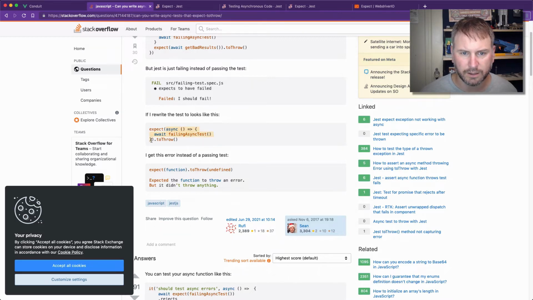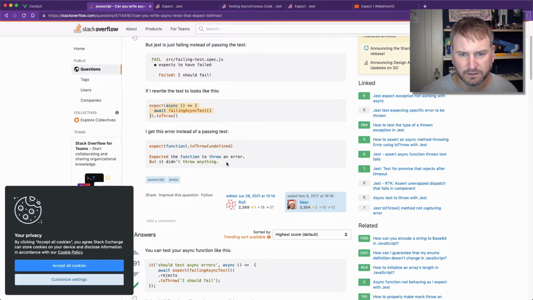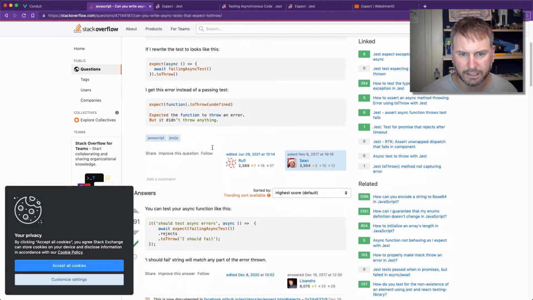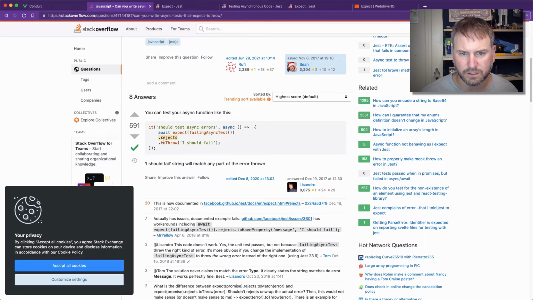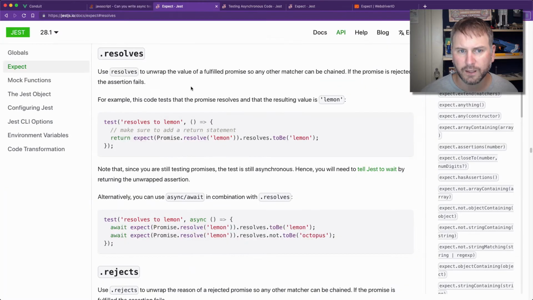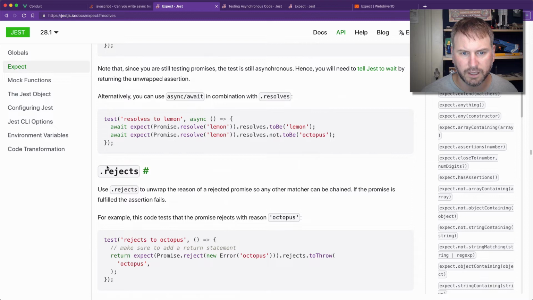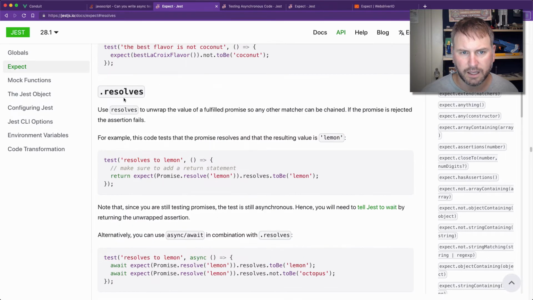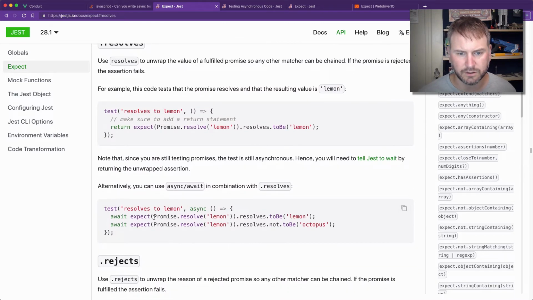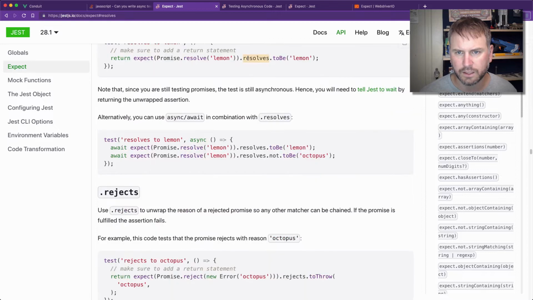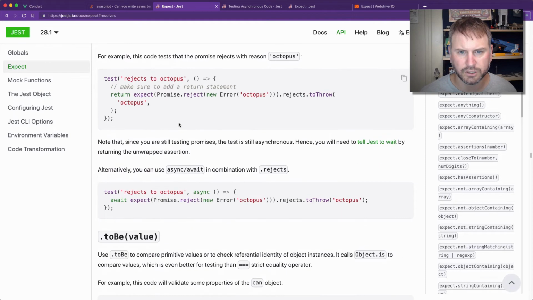So here's kind of what they were thinking, kind of in the lines of what I was thinking, but it still isn't working correctly. The key here is to use this rejects keyword. There are two callbacks, resolves and rejects, and this has to deal with promises. So you see they do promise resolve, then they use resolves, and then they do their assertion. Kind of the same thing with rejects. Promise reject, rejects, and then there's the